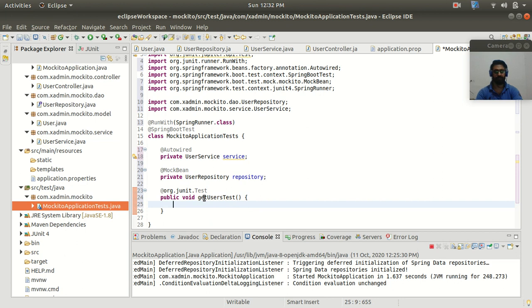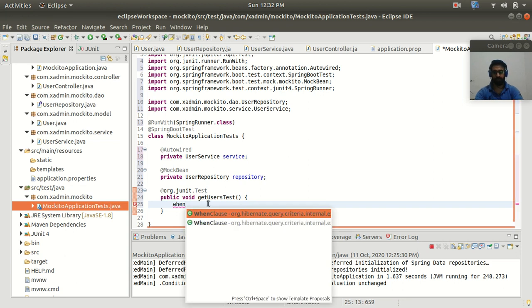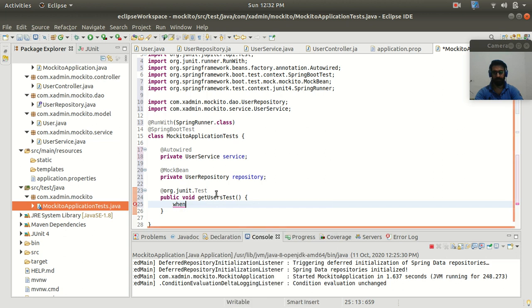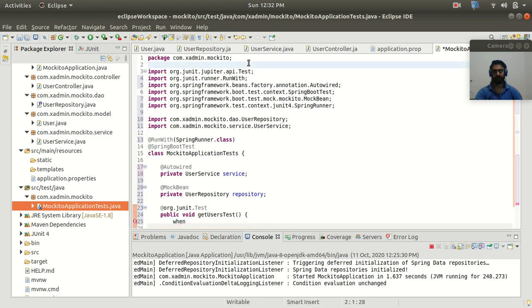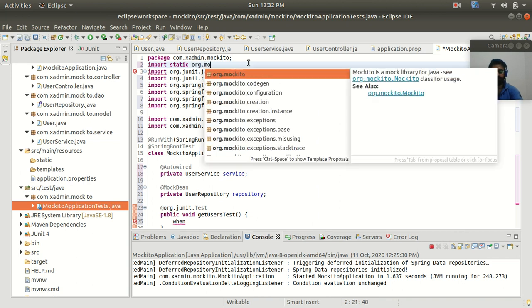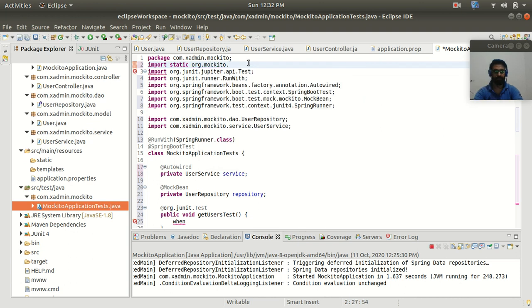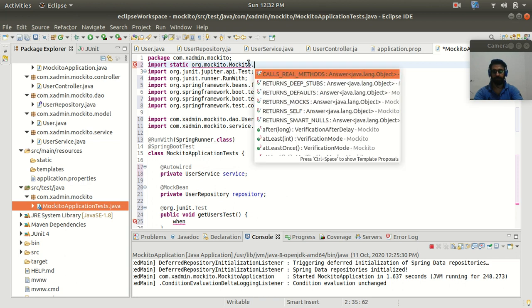Here I'm going to call a method. We have a when method, and it is a static method predefined in Mockito. Here I'm not getting the package, so let me import it by myself. Import static org.mockito.Mockito.when.